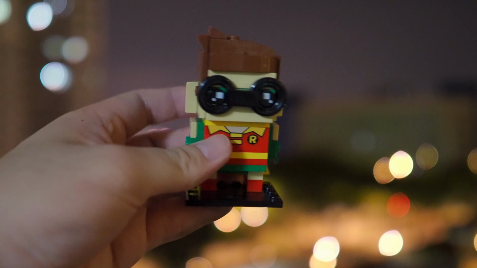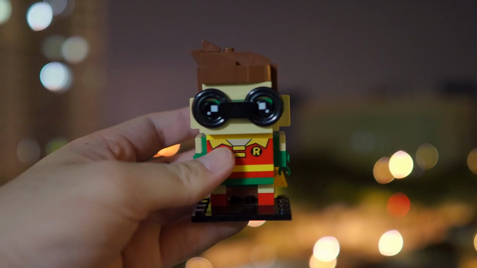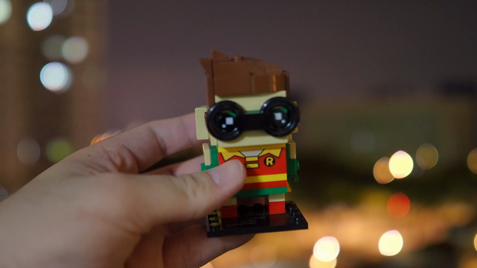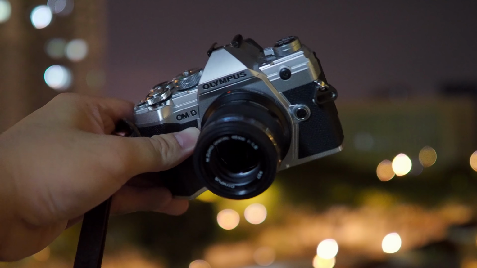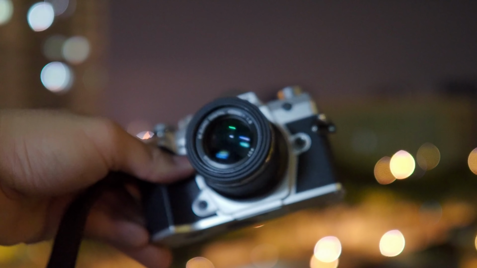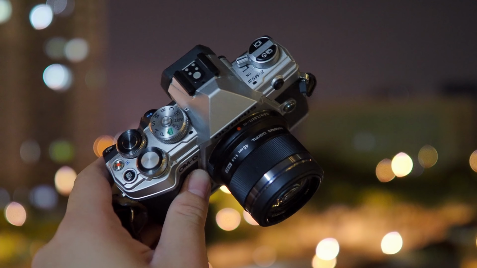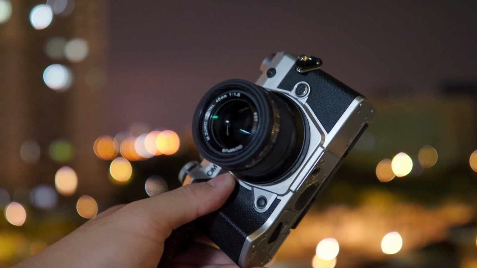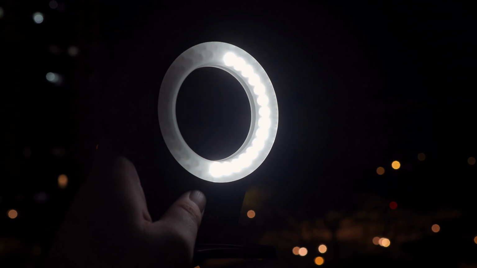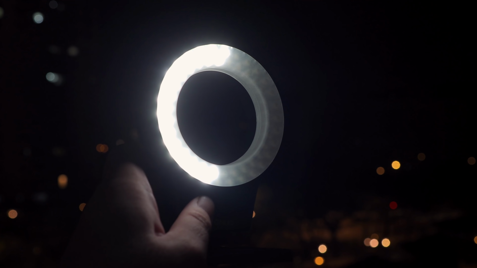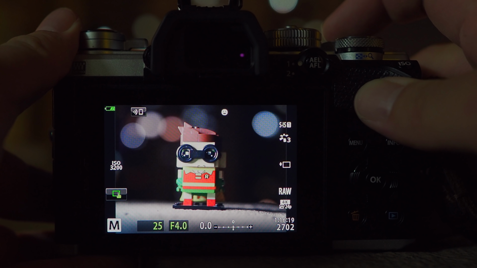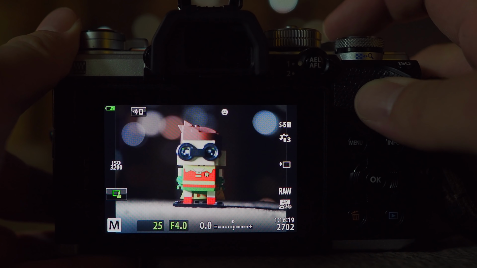Here are the ingredients. First, of course, this little guy here, the Lego Robin. Next up, my trusty EM5 Mark III and my favorite lens, the 45 f1.8. And finally, some cheap China-made LED light. Now that we have the Lego Robin and the LED light set up, it is time to do a simplistic